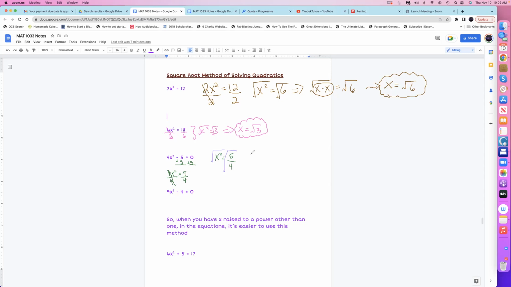Remember, I can write this as the square root of x times x, because that's what I really have here. I have 2 of the x's inside. Equals, I can split the square root. Square root of 5 over 4 is the same as the square root of 5 over the square root of 4. Okay. So now I have x outside of the radical sign equals the square root of 5 over the square root of 4, which is just 2. So it's